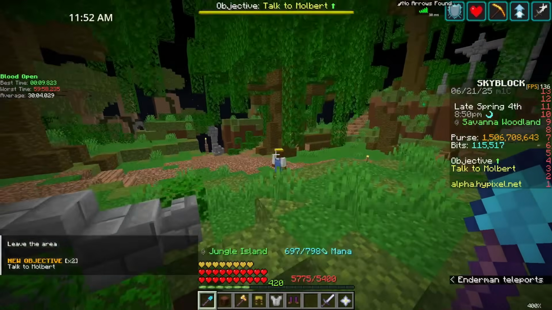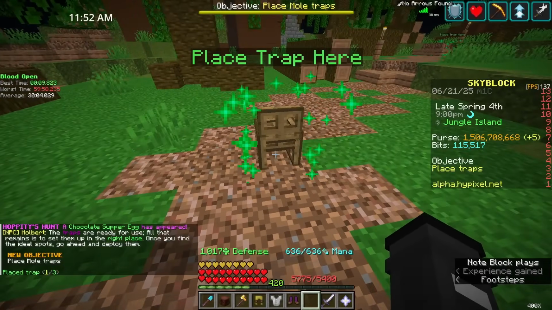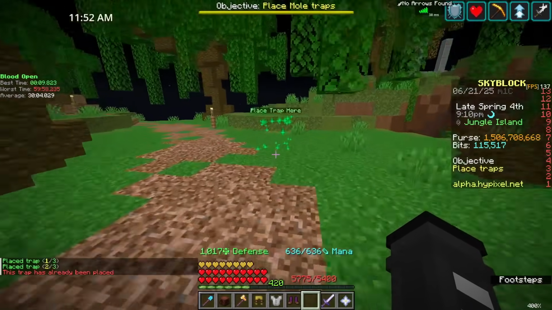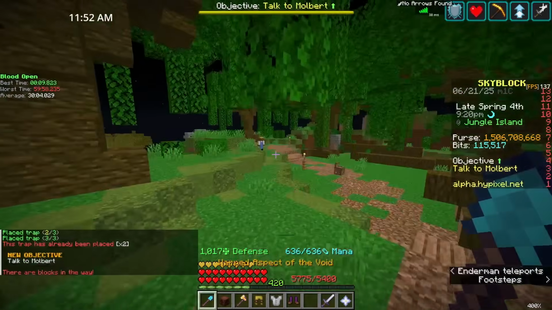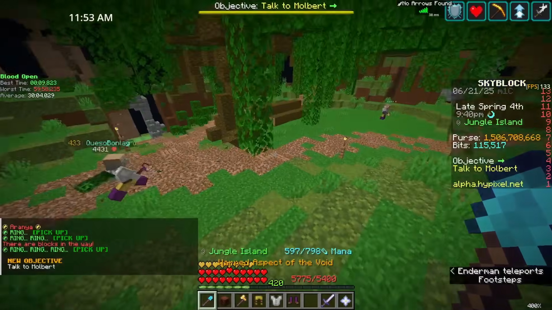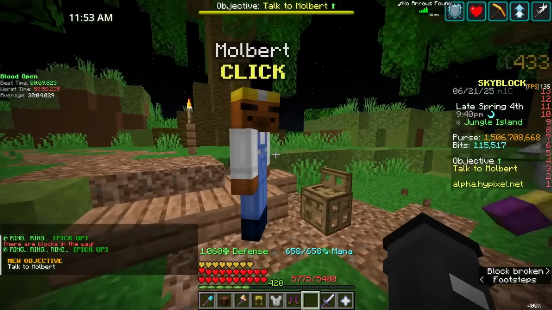And then you can go back up, talk to him again, and he'll ask you to place down some mole traps. So we'll place one right here, another one here, and the last one back here. Then head back over to Mulbert, talk to him again, and then leave the area, come back, talk to him again, but he's not in the same spot. He's going to be stuck in a trap this time, so